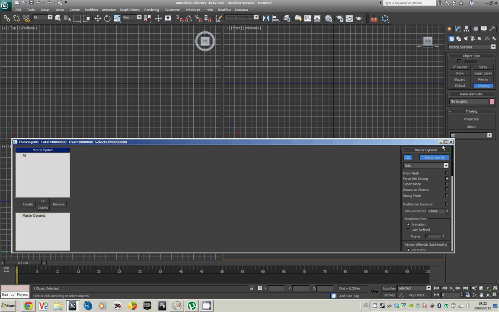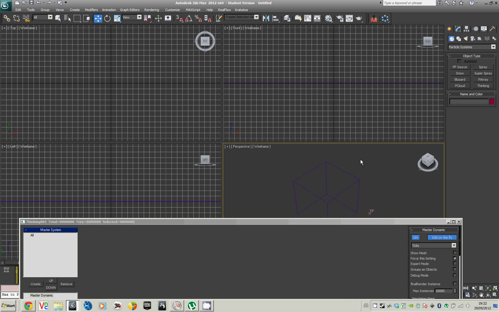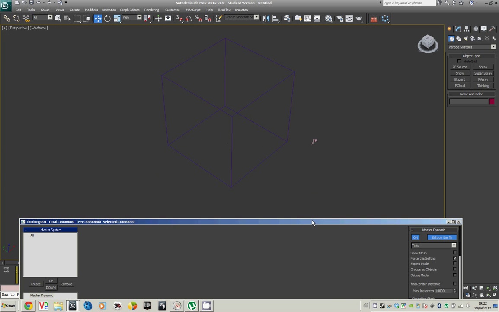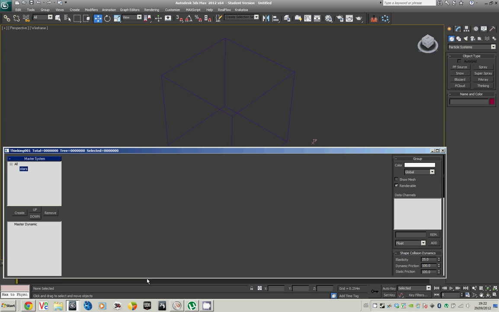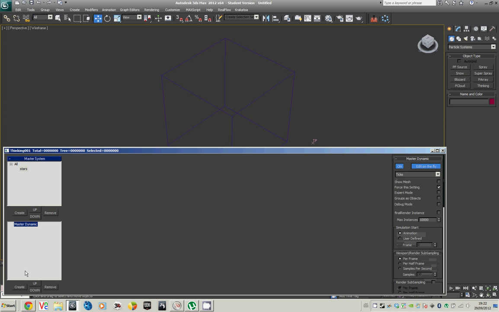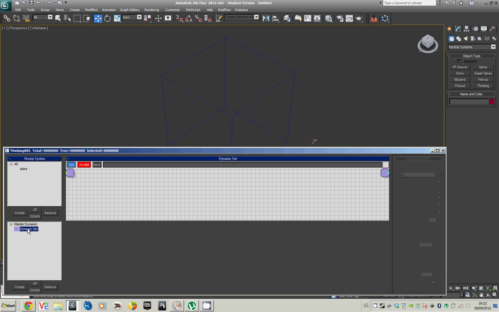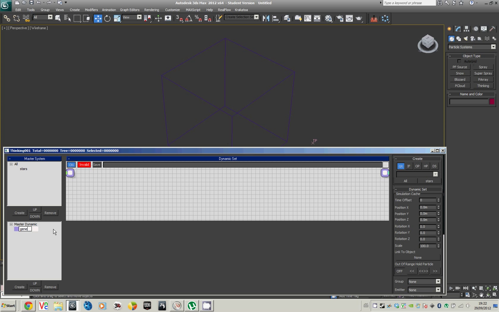and what we would like to do is begin generating particles within the volume of the box. So we can start by creating a group. We'll name this group stars, and this is the only group we will need for this simulation. And our first dynamic set, name this generate stars,